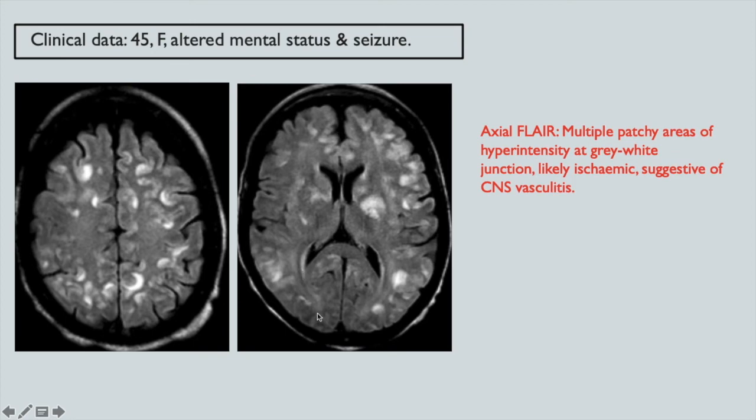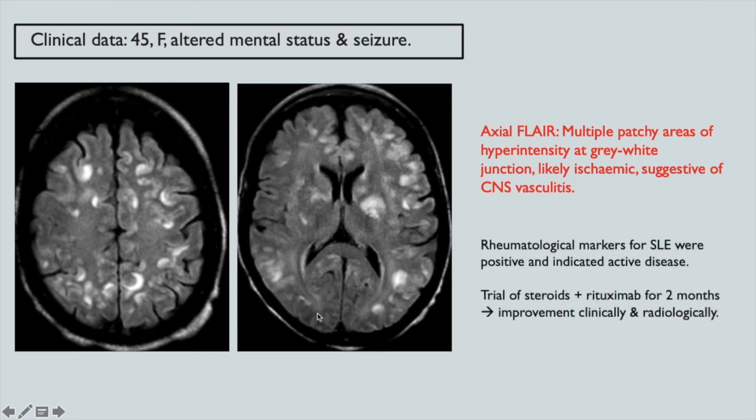This patient was subsequently worked up for SLE and was noted positive for the rheumatoid markers, and the patient was started on a trial of steroid and rituximab for 2 months. According to this study, they didn't provide the follow-up MRI studies, but they did mention the patient improved clinically and radiologically. Okay, in some of the SLE patients, particularly patients with antiphospholipid syndromes, they have a hypercoagulability,